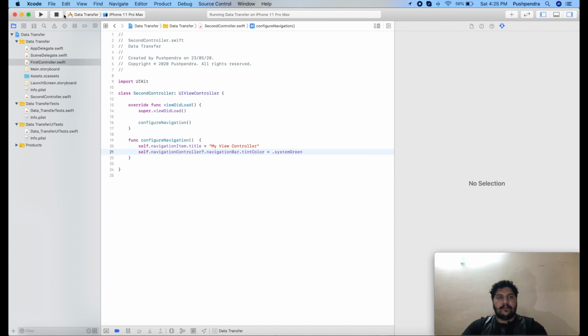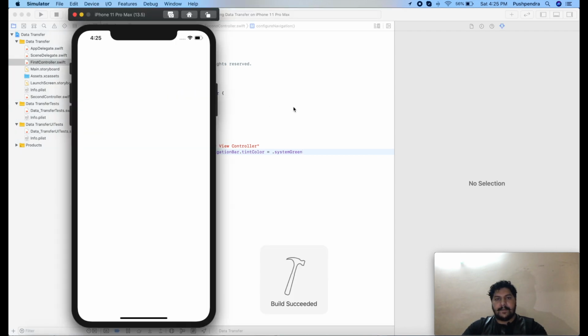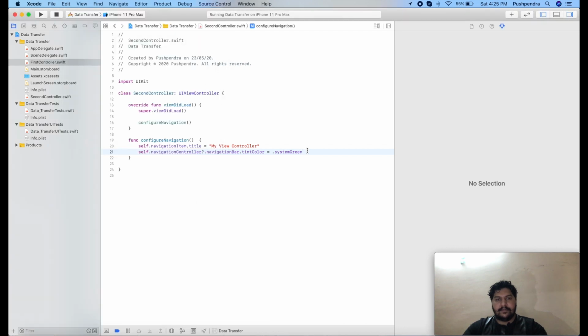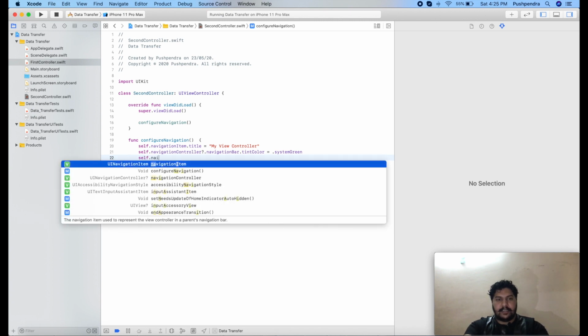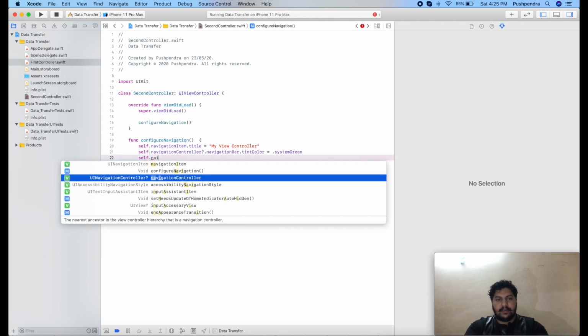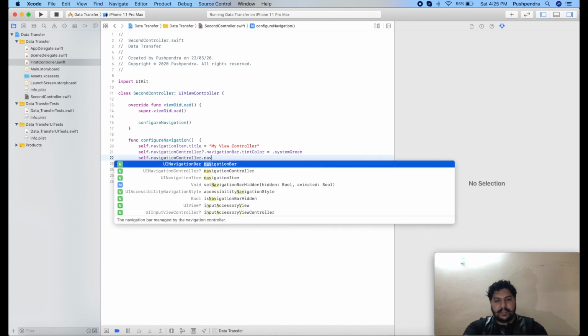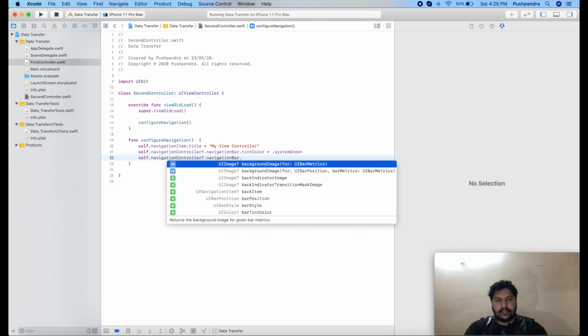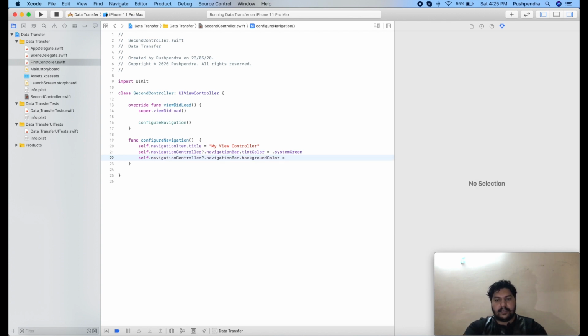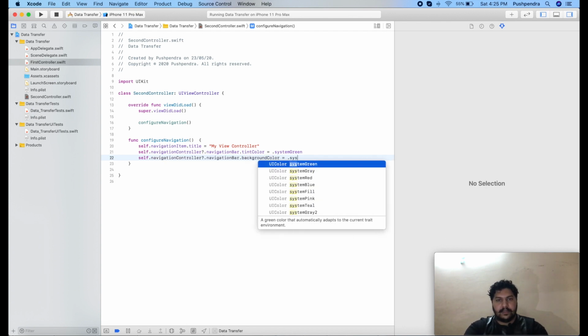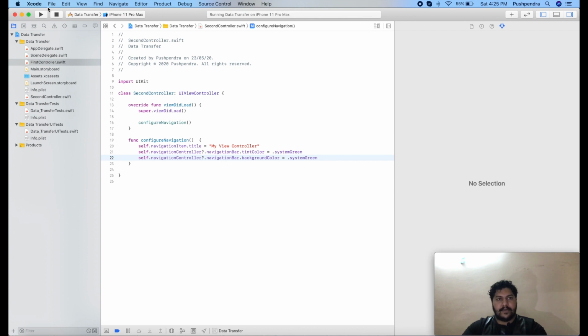If we see the output, click on me. It's not changing, something we are missing. Self.navigationController.navigationBar.backgroundColor equals .systemGreen. Once again we will see the output.